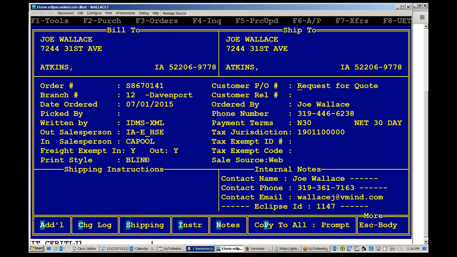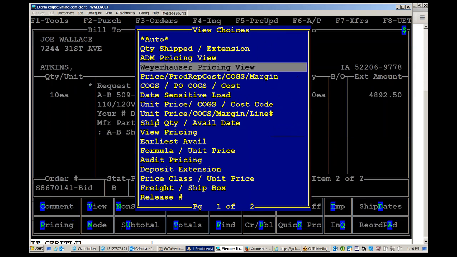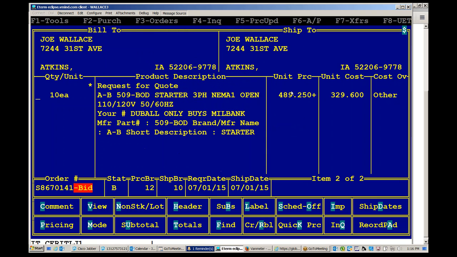So when I return back to the body here, this is where I'm able to, as a salesperson, change the pricing. And so what we're going to want to see happen is I'm going to change the pricing and overwrite it here. I'm going to push this quote back to our site. In open quotes, we're going to see this quote with that new pricing, and it's going to allow the customer to be able to now place the order, and that pricing is going to follow through all the way back to Eclipse. So I'm going to just make up a price here,